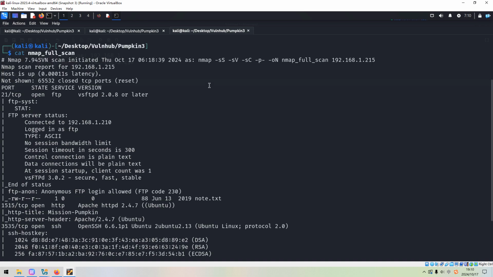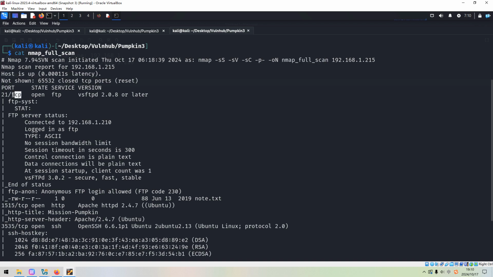As you can see over here, I used options like the SYN scan, the version scan, the default script scan, followed by -p- to do the full range port scan. The last option of all would be -oN to output the result into this file. So from the Nmap scanning results, we can tell that the target has 3 open port numbers in total. So let's take a look at all of these open port numbers one by one.